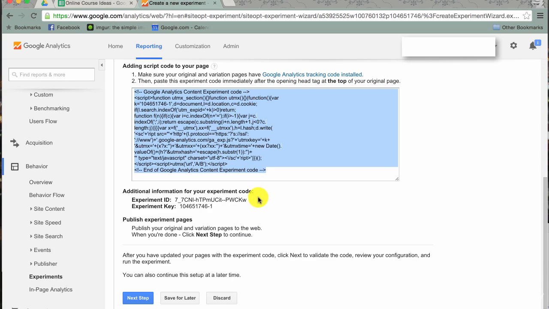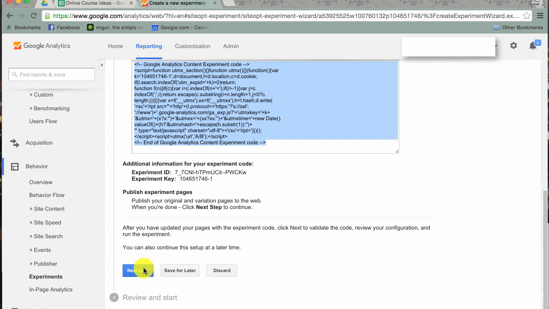So once you have that code implemented on your site, you would click next step and you'd be ready to go. And this test would be live, and you start to see data accruing within this same tab underneath behavior and experiments. As you can see, that's quite a detailed setup process. Not only do we have to develop our page in full, but we have to go through a few different steps to do it. Running experiments through Google Analytics is a very, very good option if you're already using analytics